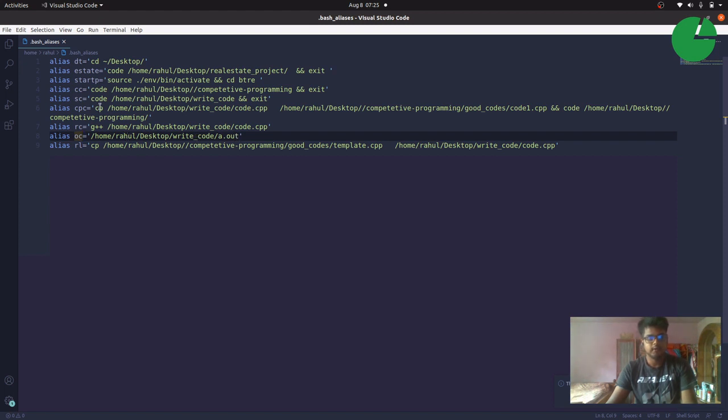Now I have made a CPC. I have created a separate library where I used to store some good codes. CPC will store my code in that location.